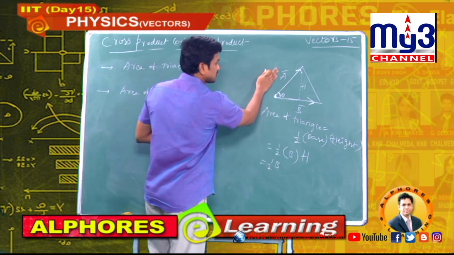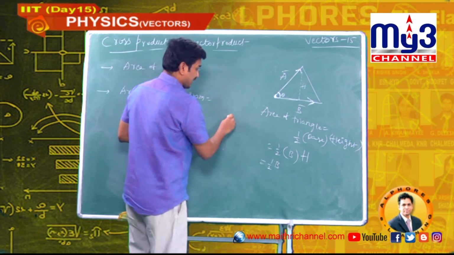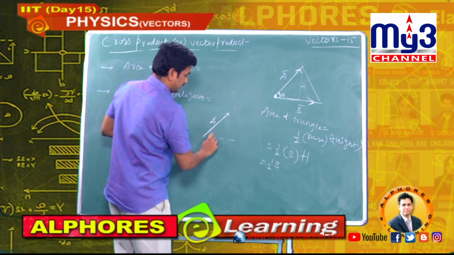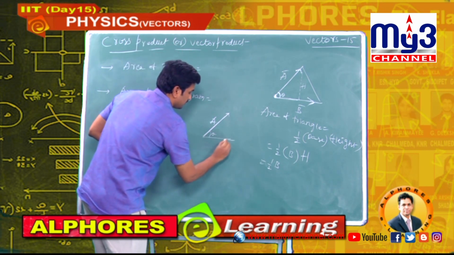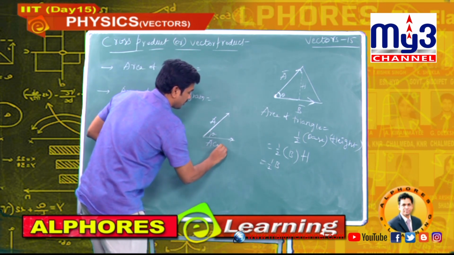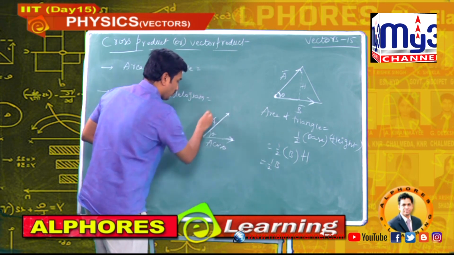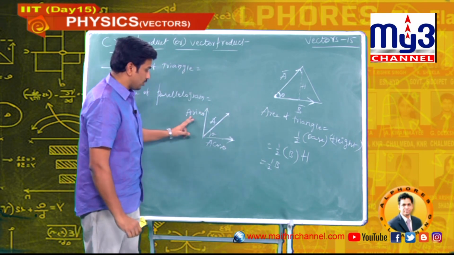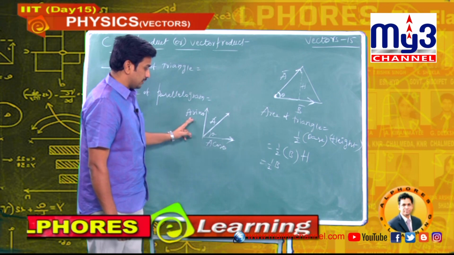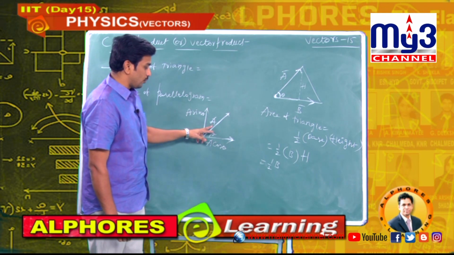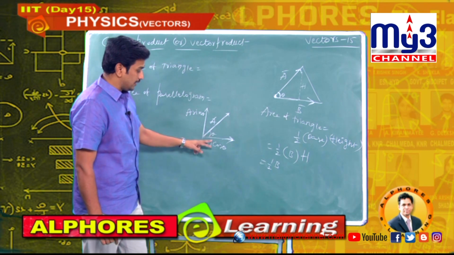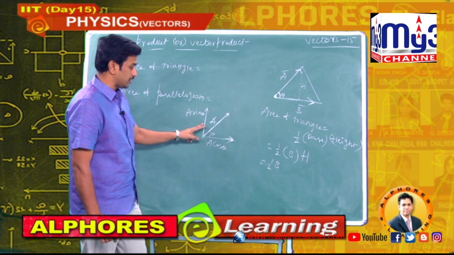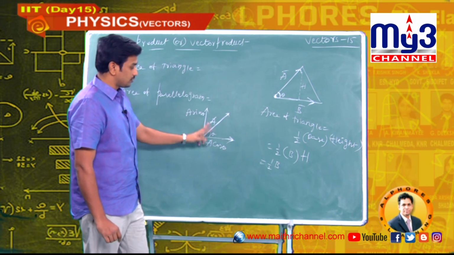For your convenience, I will resolve the vector once again. Maybe you know that. Theta. This is A cos theta, the horizontal component of A bar. Now the vertical component is A sin theta. Components are always perpendicular, and always on either side of the vector. Theta adjacent is A cos theta and this one is A sin theta. Horizontal component, vertical component, perpendicular. Now two sides of the vector.